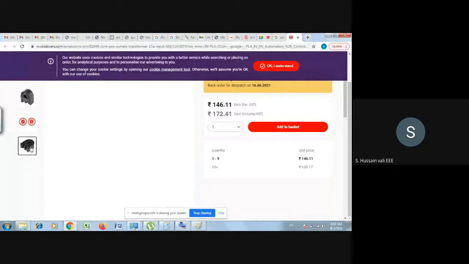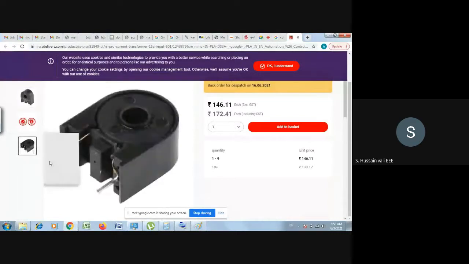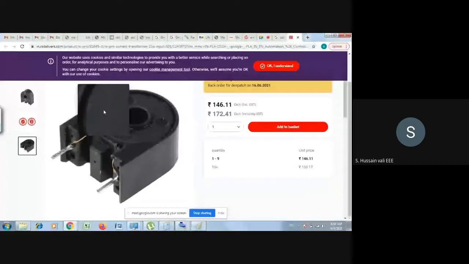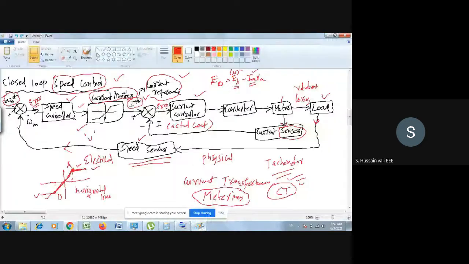I will show you in this picture. I think maybe you can find them. Yeah, please see this one. There are terminals here. This is a terminal, and this also is a terminal. From these terminals, you can get the value of how much current is there. So across these two terminals you can get the value. You put the wire inside this hole. This is one of several pictures you can search for on the net. So you have the current sensor.